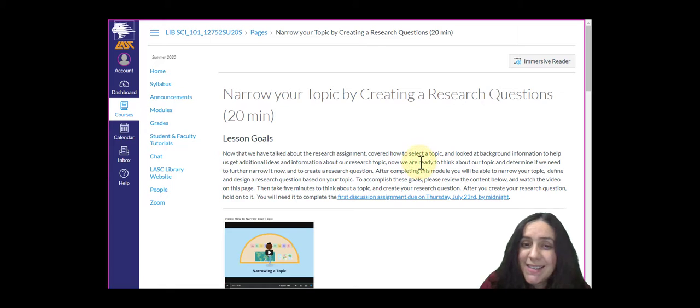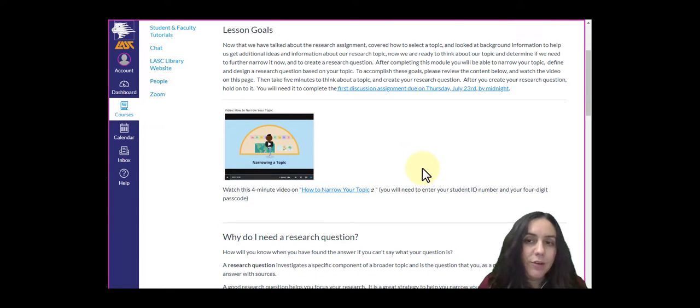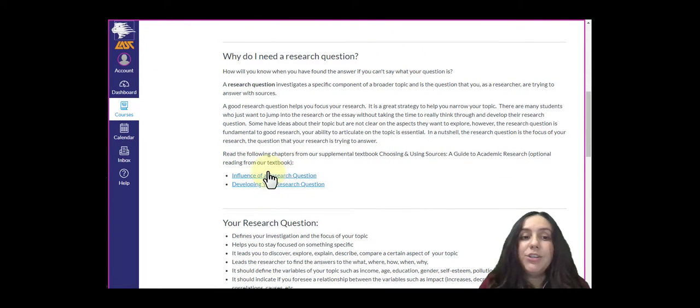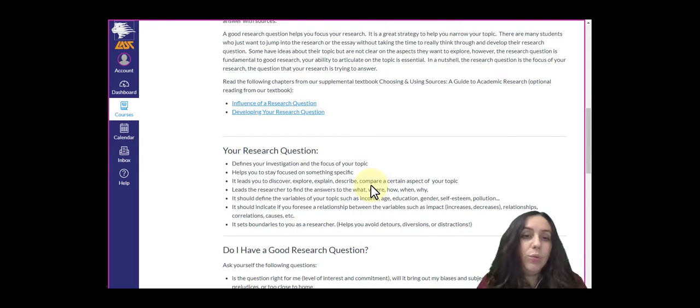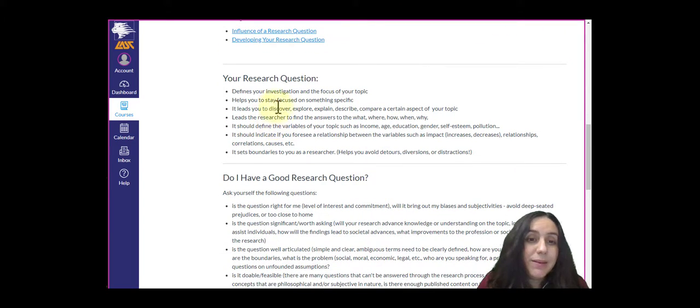And the very first thing is that you ask yourself, what is the meaning of this research? Why is it important? Review the content from the videos, the content from this page, read the chapters from our textbook. That will give you some guidance as to what is the research question, why is it important, and it's basically to help us define our topic. It's going to be the driving force of everything that we do, of all of the books that we read about it or the articles that we find on it.